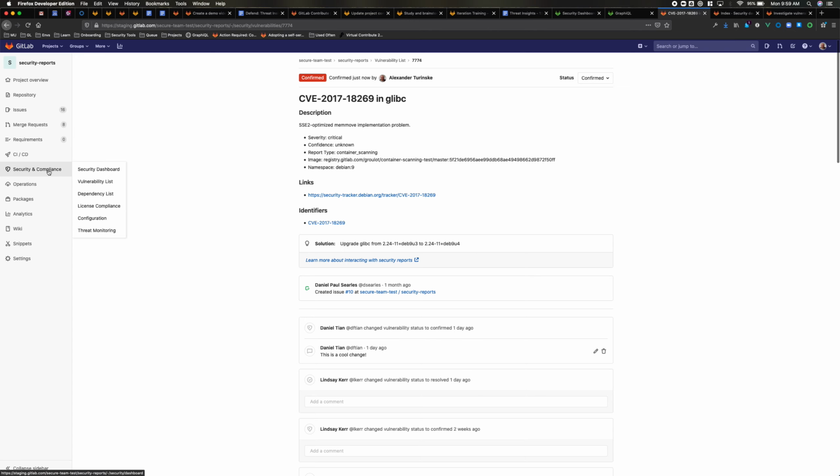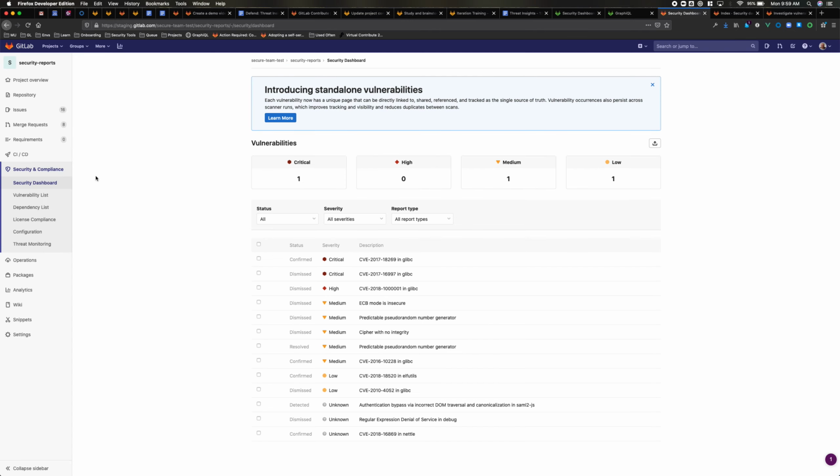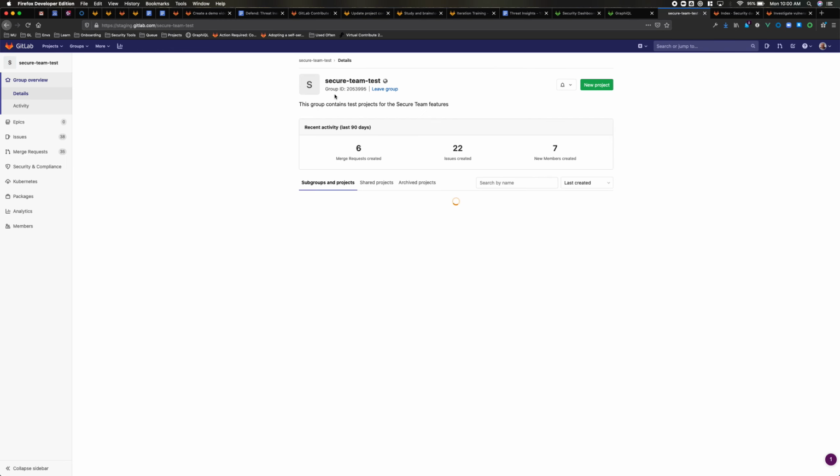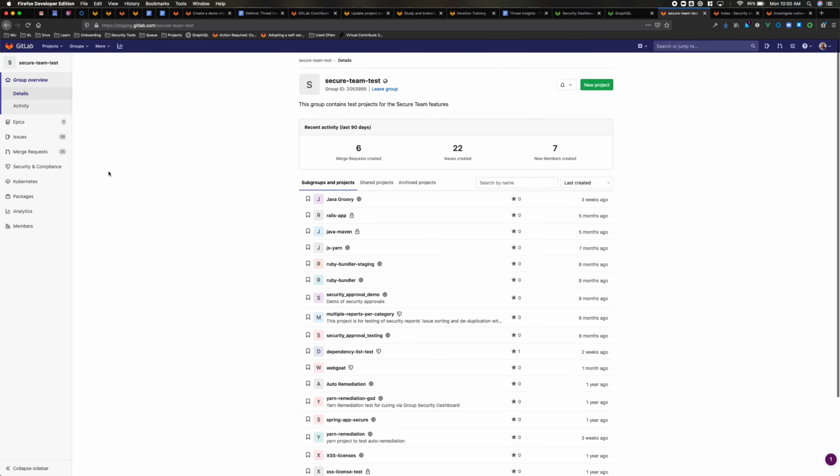So that is the standalone vulnerability page. That is the vulnerability security dashboard for a project. There are three security dashboards that we have added. So for vulnerabilities, there's one on the project level, there's one for the group level. So if we go to the group, and this is part of the security team test, if we go to this group, you see all the projects underneath there. If you go to the sidebar, security and compliance again, and go to security,